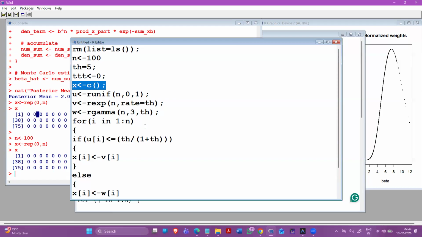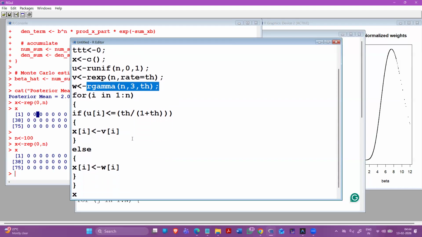So what we are going to do here is compare. If you just see exponential and gamma, we are generating some random numbers from exponential and random numbers from the gamma, which we are storing in V and W. All right. So what are we basically doing here? Exponential is basically the particular case of the